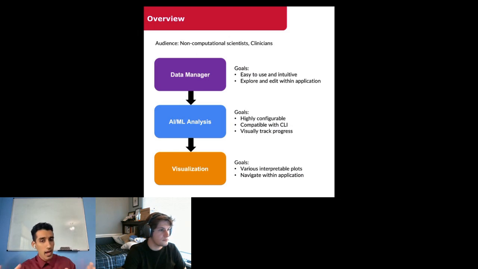And so at a high level, interactive IntelliGenes is composed of 3 different stages that mirror the general data processing workflow. And these 3 stages are data manager, AI/ML analysis, and visualization. I'll explain each of these sections in further detail in a couple of slides. But when building the application in each of these stages, we set out to achieve a set of goals,